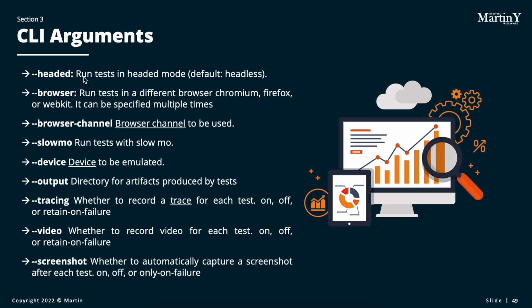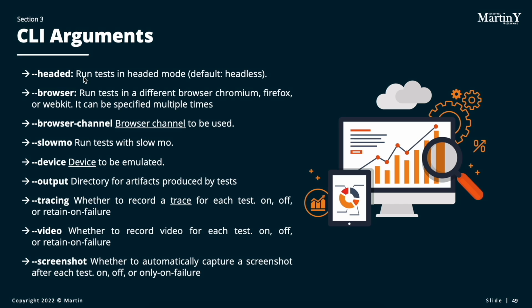For example, for me this one is Chrome. However, you can actually specify the browser or the browsers that you want to run your tests with. You can use the browser argument multiple times and specify the exact browsers to use. Then is the browser channel, and regardless of which browser you run your code with, you can specify a browser channel. So for example, if you want to run your code in Firefox, but you want to use Chromium channels, you